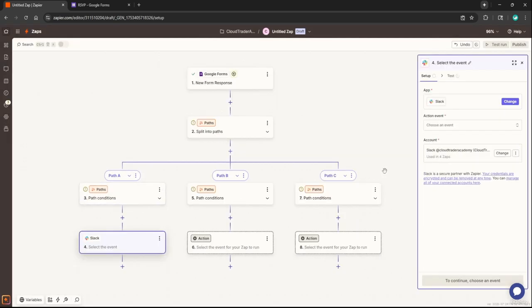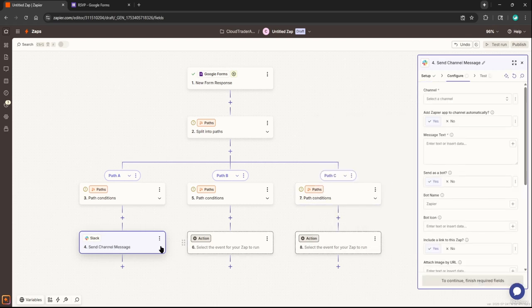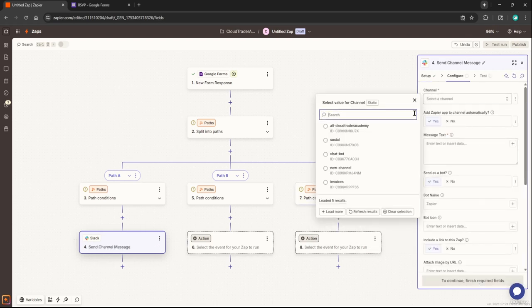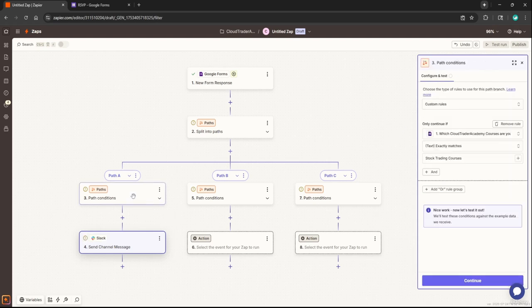So just to test this and make it as easy as possible, let's head over to Slack, and we're just going to send a channel message. I'm going to do the same thing for all of them. I'm going to send it to this channel, social, and the message text will be, yes, we'll add it automatically. And we'll say, I mean, we could just hard code this and we could say